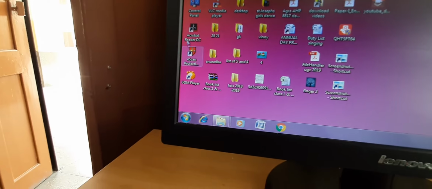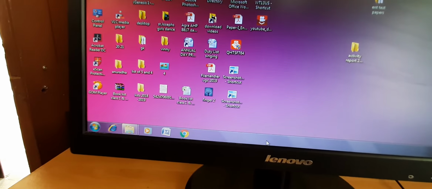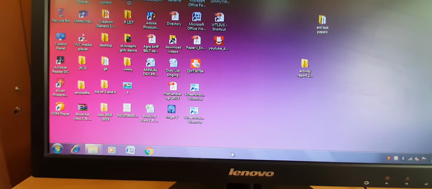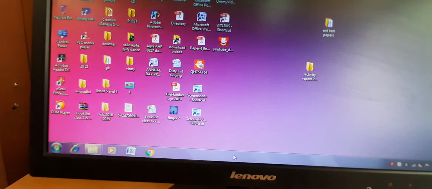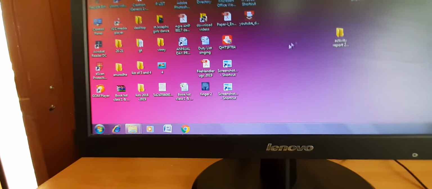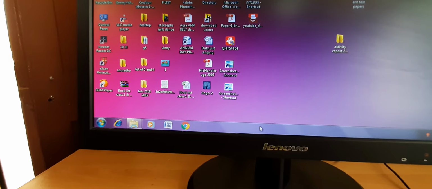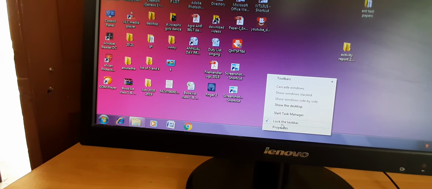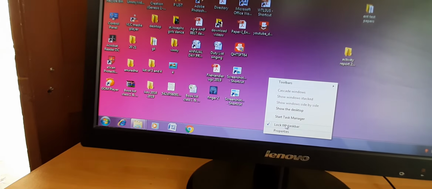One more thing is there, that is changing the placing of the taskbar. This is the taskbar. If we don't want it at the bottom, we want it here, on this side, what will we do? We will go to the taskbar. We will right click on it. You will see that there is an option of lock the taskbar.